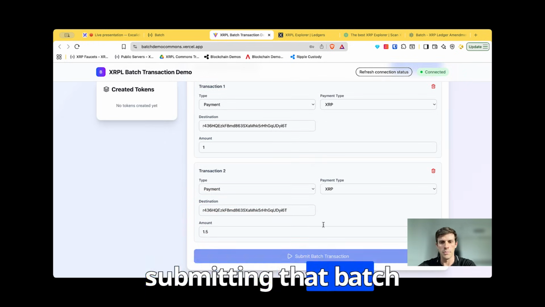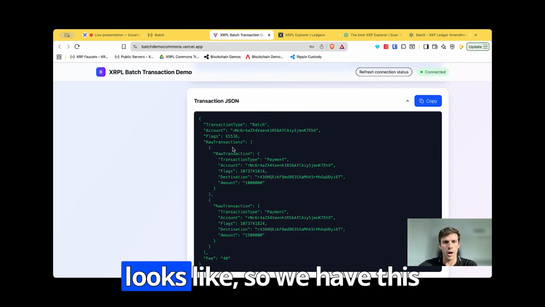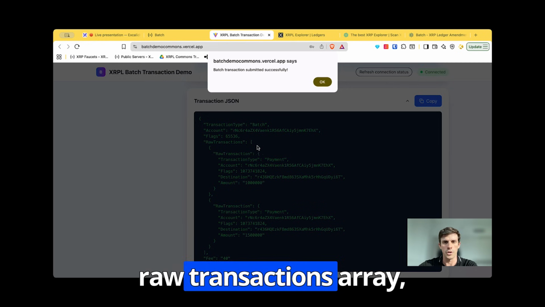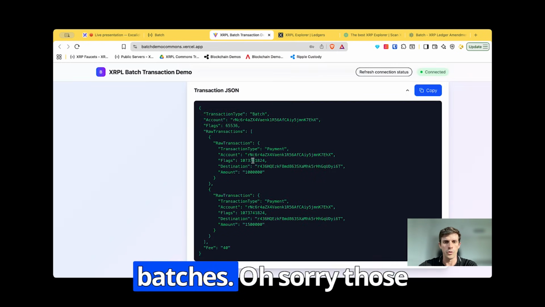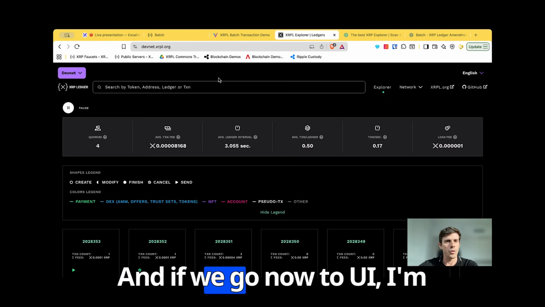Now I'm submitting that batch transaction. We have a JSON below that shows you how it looks like. So we have this raw transactions array, including those two batches, those two inner transactions. And if we go now to